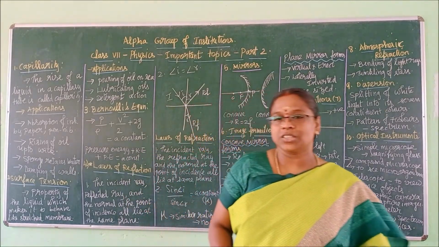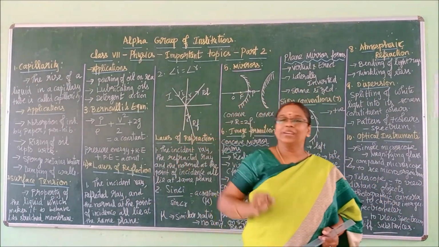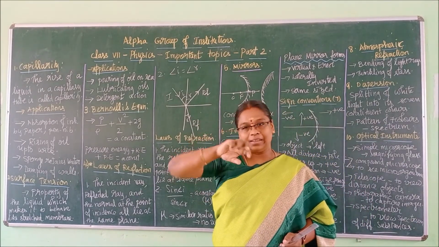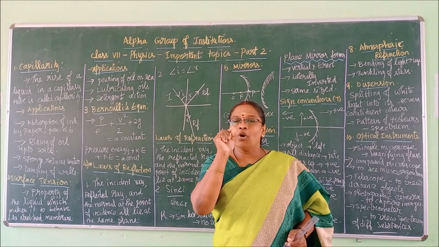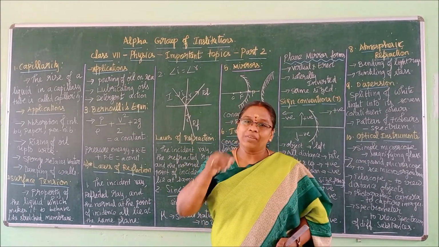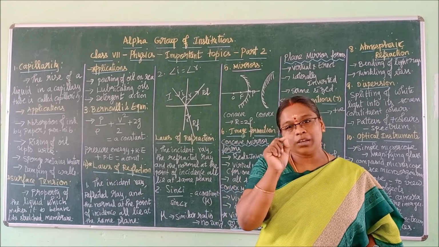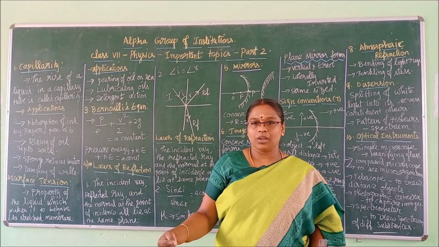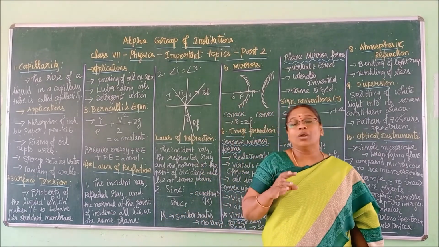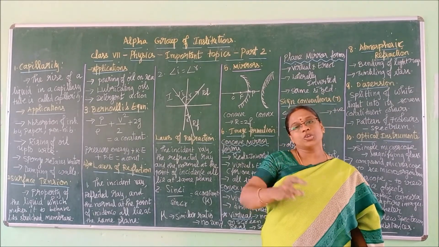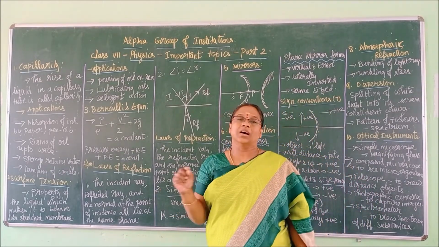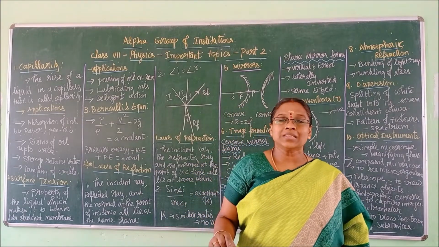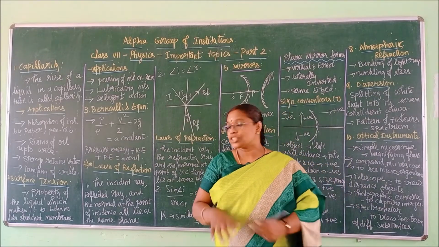What is surface tension? When you open a tap, sometimes the water will come out drop by drop when it is tightened. When you open it fully, that drop by drop water will come out as a continuous chain, right? So the water will flow drop by drop, or it will flow like a continuous structure. That flow of continuous structure is called the behavior of a stretched membrane.